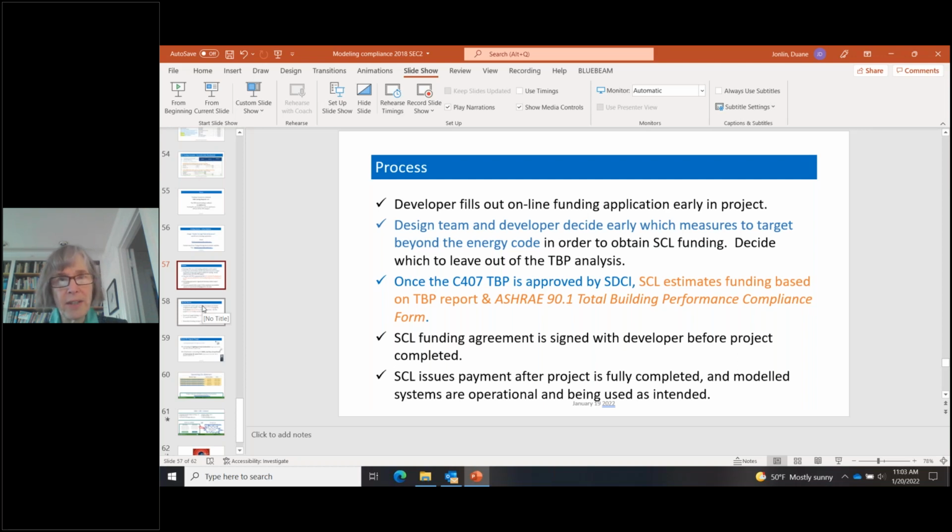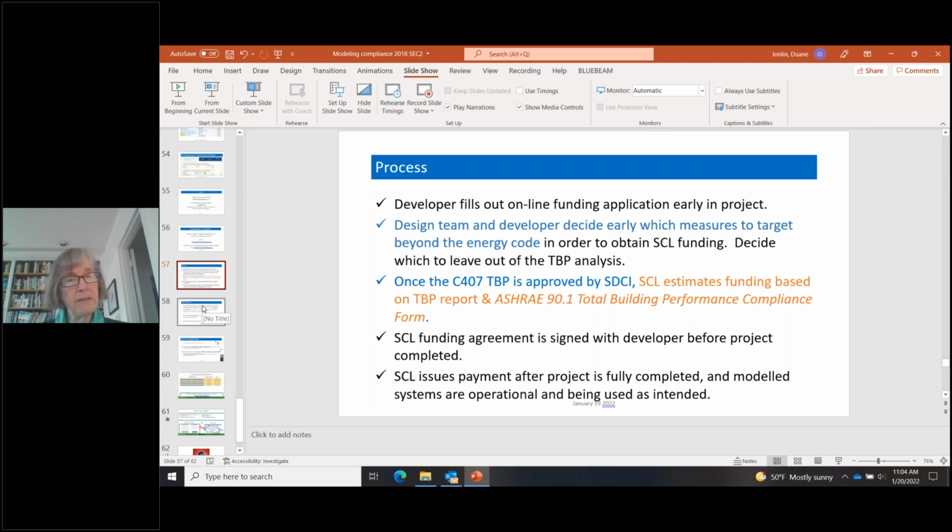They don't need to do that for our sake, but they might want to do it for their own sake. There are basically two ways to figure out how far you're going to get beyond code, and therefore how much you'd be eligible for from Seattle City Light. One way is to simply tell the design team, listen, we're going to meet this code without taking credit for the heat pump water heater system because we want to get the full $350 or $500 per living unit that might otherwise be available. And that way, the design team has to get through the energy code without that design element. And it puts a lot of pressure on the design team to really go beyond code.